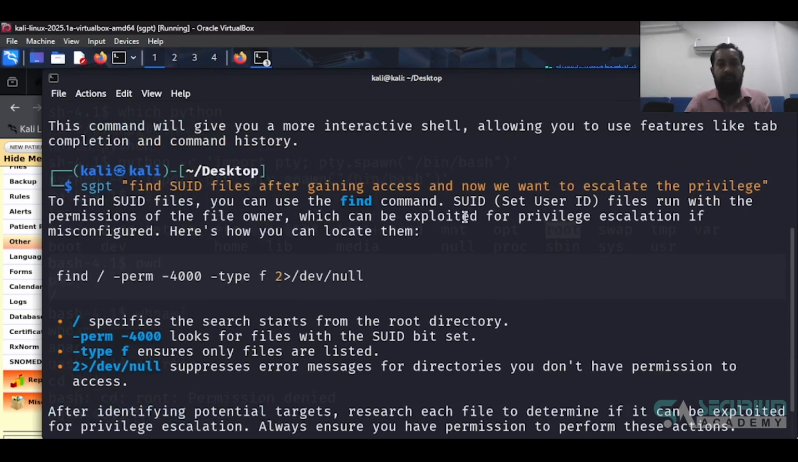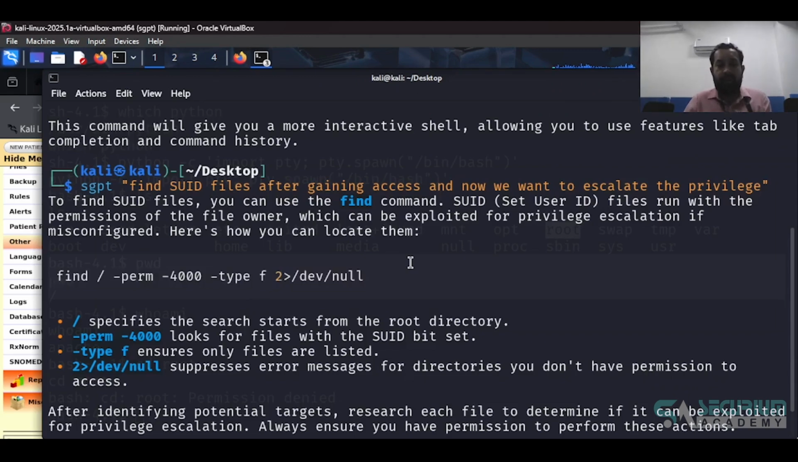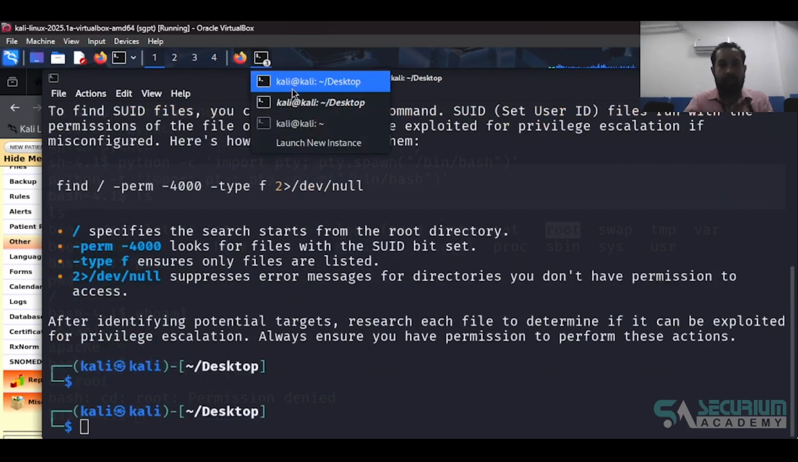You can use the find command, and SUID is the set user ID files that run with the permission of the file owner. So if we are able to find those files, we are actually going to use them, because these files can be executed as the escalated user, I mean the owner. So privilege escalation, it will help us find what commands can be run as an escalated privilege user. So we are going to run that command